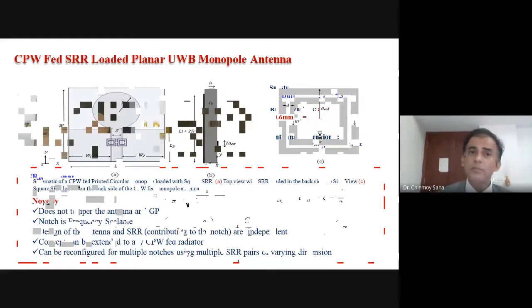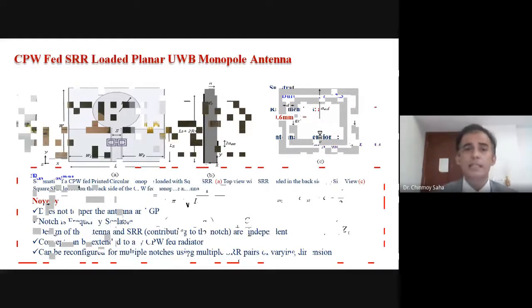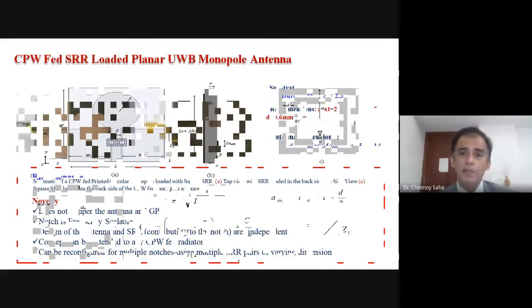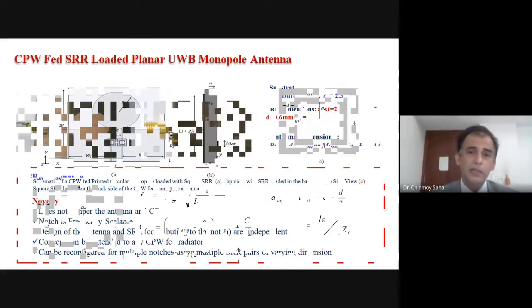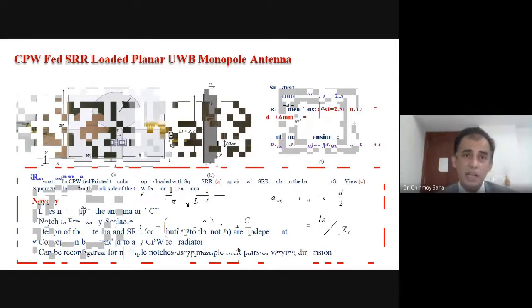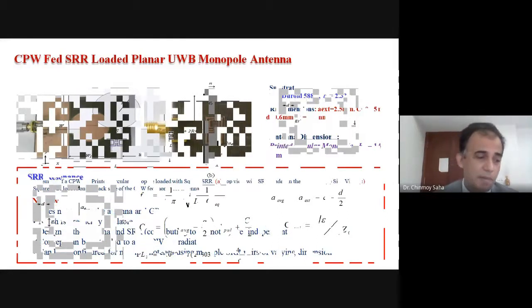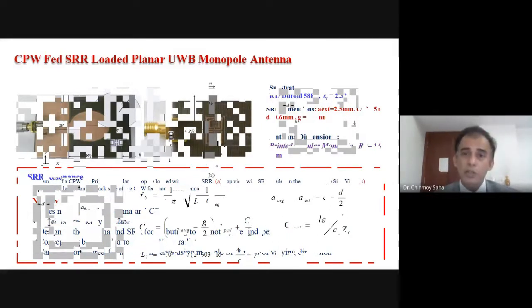So this particular slide, as you can see now, is basically the fabricated structure using this CPW fed monopole antenna. And as you can see over here, these are the resonators which are loaded on the back side. Those are not in the same scale because these resonators are sub-wavelength resonators. As you know, metamaterial kind of structures are always sub-wavelength resonators, falling between lambda by 10 to lambda by 20. So this is the dimension, substrate details,